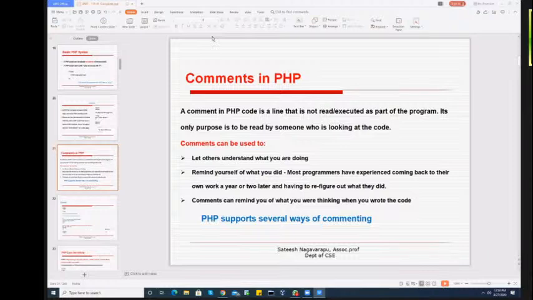Comments are required when you are writing the code. When I use comments, I use double slash; this is for a single line comment. If I use slash slash, that is said to be a single comment. If I use the hash symbol, as you come across in your C language, you use it for a single line comment. When you go with multiple lines in PHP, then I need to use slash with